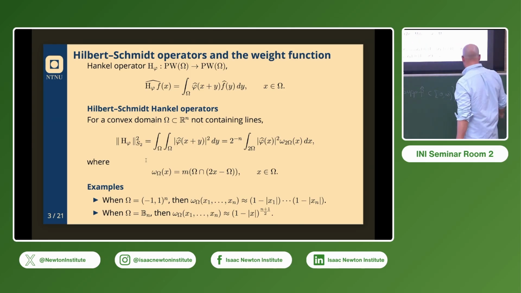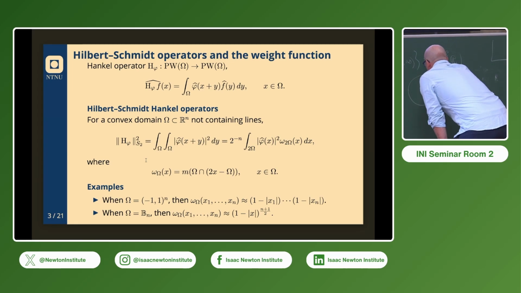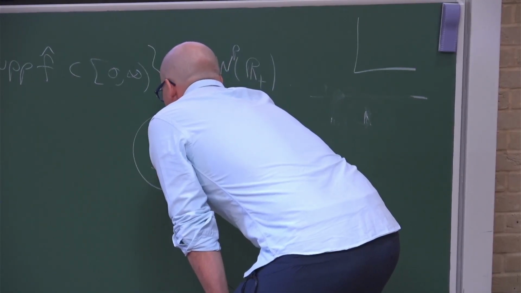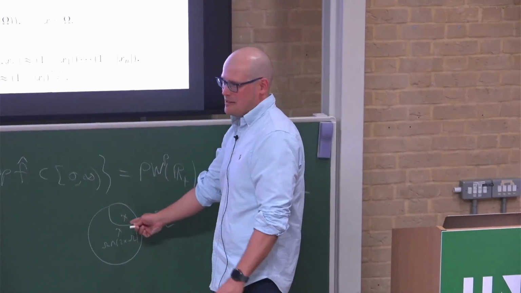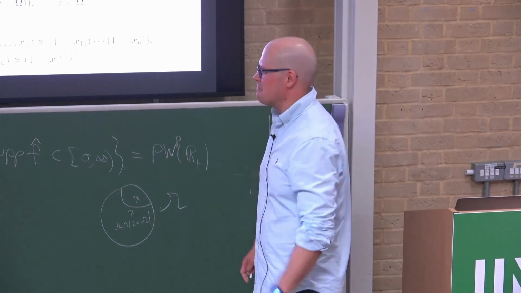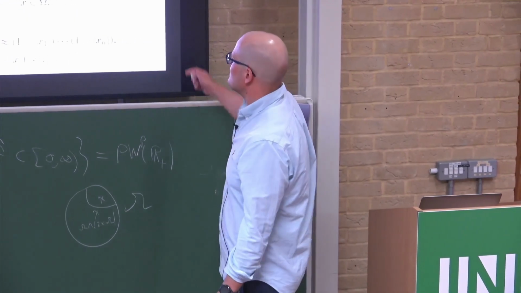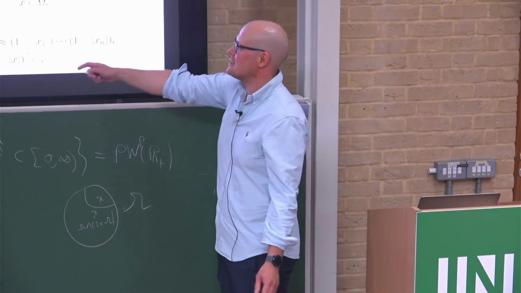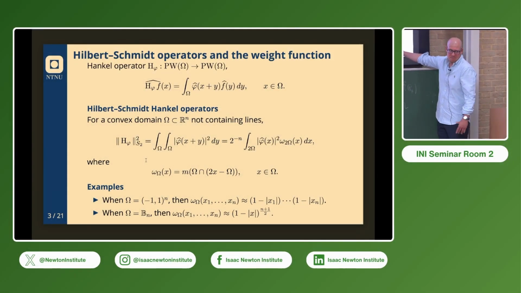this set. What is that set? If we have an omega and a point x, this set is omega intersected with 2x minus omega. It's the largest symmetric convex set containing x. It's called the Macbeath region at x in convex analysis. Okay, so when the set has a product structure, then this weight has a corresponding product structure.